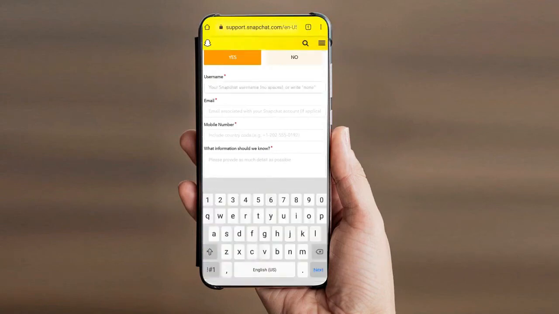So I'm going to enter my username, and then you have to enter the email address, any email address that you can access if you remember, or you can also enter the email address that is associated with your Snapchat account.